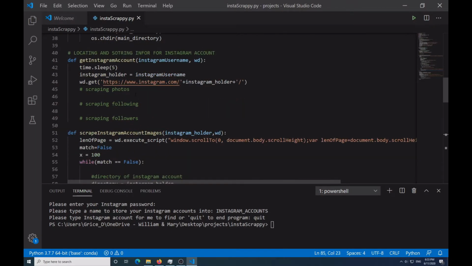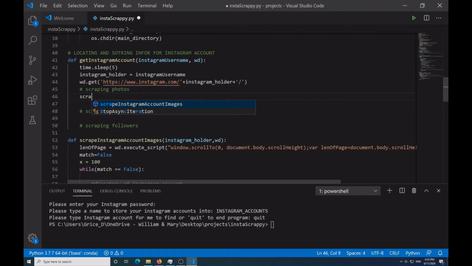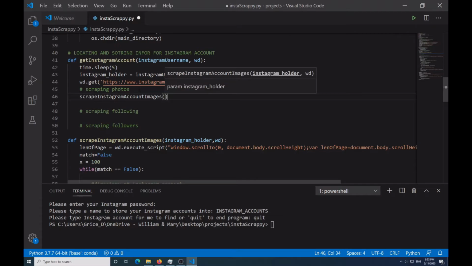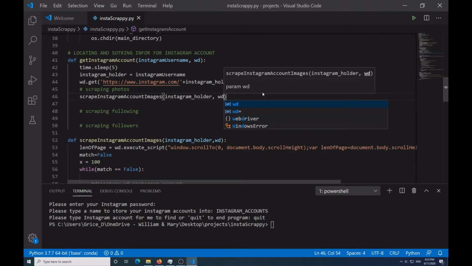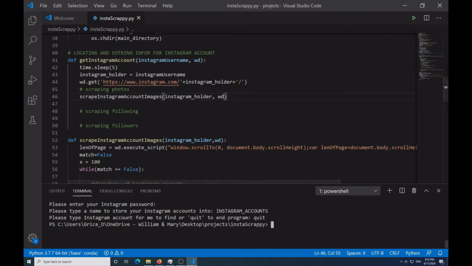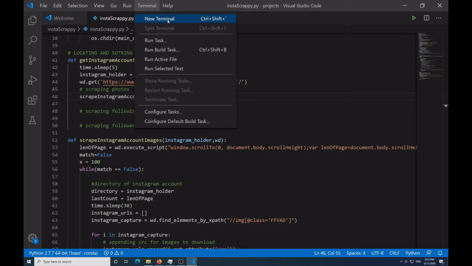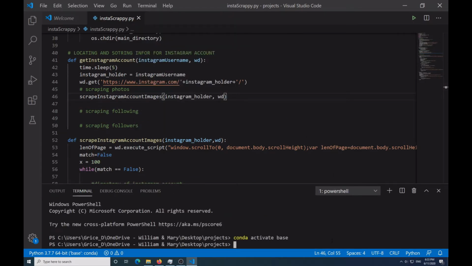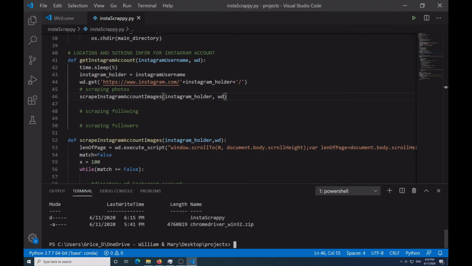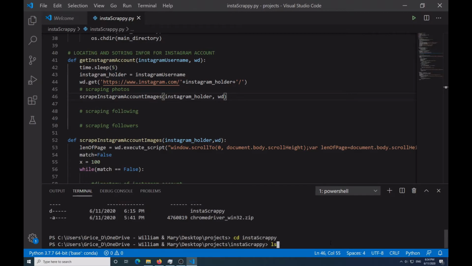So here's my get Instagram account right here. Under my scraping of photos, I'm going to pass in scrape Instagram images. I'm going to pass in the Instagram holder and then WD, because again I need to have the WebDriver available. So if we run this, there should hopefully not be any errors, and again this is bugging out, I do not know why. So if I press ls, okay, cd insta scrap b, ls, and do python